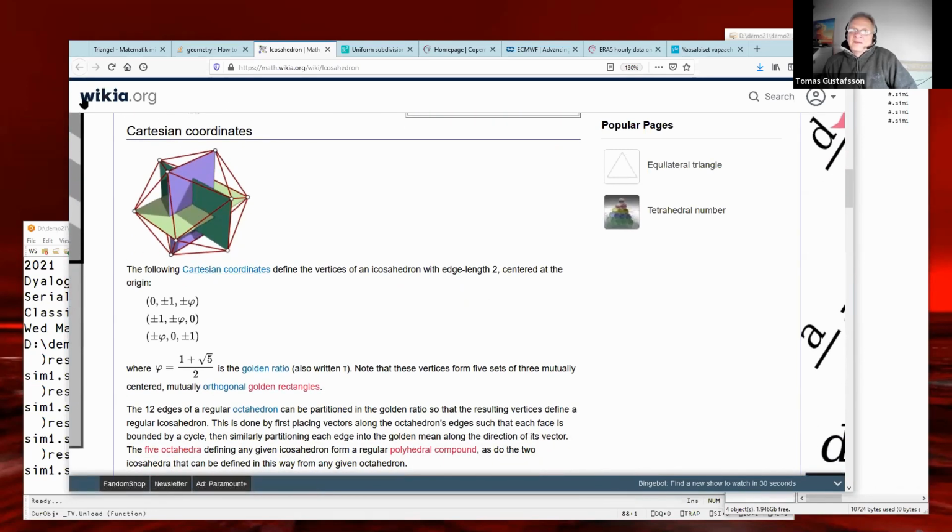And luckily, I found this wikia.org page, which says that the following Cartesian coordinates define the vertices of an icosahedron: 0, plus minus 1, plus minus rho, which is the golden ratio, by the way.